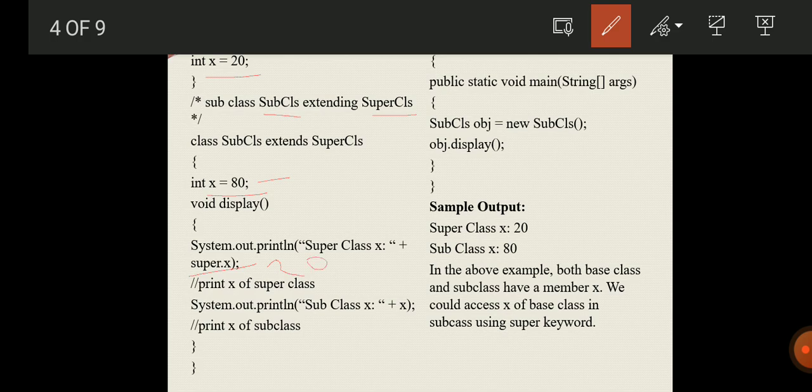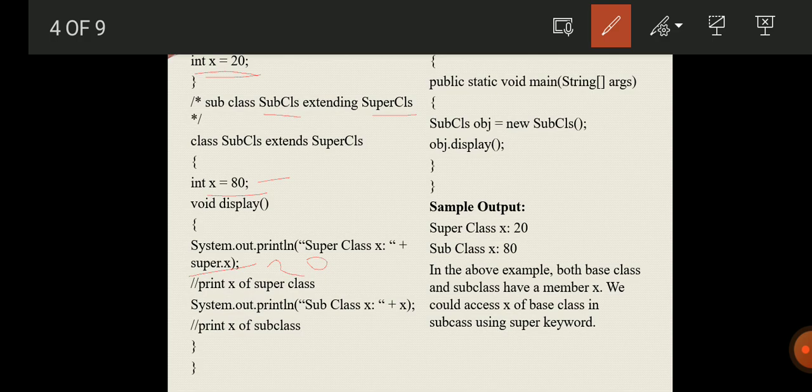Then next we print the subclass value x. The same x name is used for the superclass and also for the subclass. In order to differentiate the superclass x variable and the subclass x variable, we are using super.x, which indicates the superclass x value.